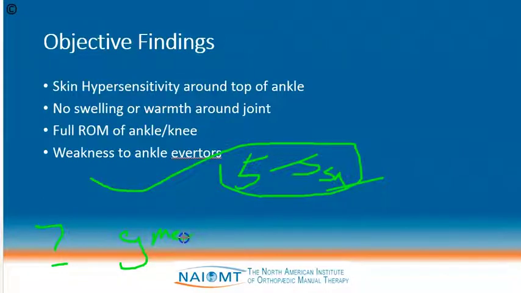The gluteus medius obviously is not an ankle muscle, but it is innervated by the same neurological level as the everters of the ankle. So by testing the gluteus medius, we get integrity of the L5 neurological level. And indeed, in this particular case, the person was extremely weak on the left when we tested his gluteus medius hip abductors. So there were no other muscle groups that were weak in the lower quadrant other than his everters